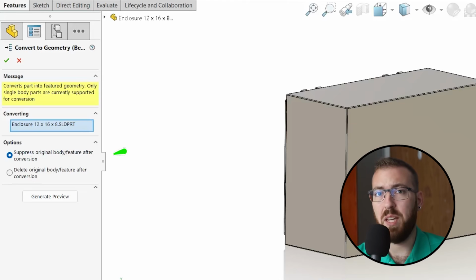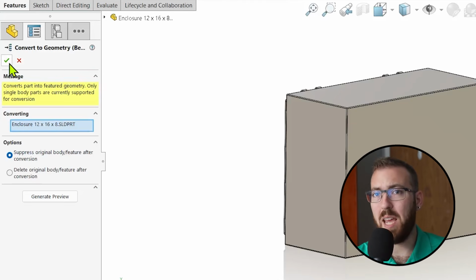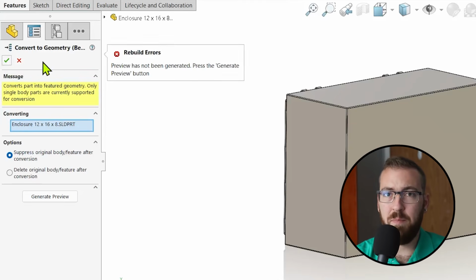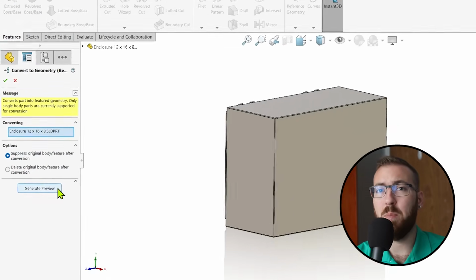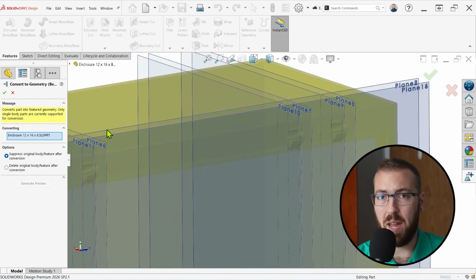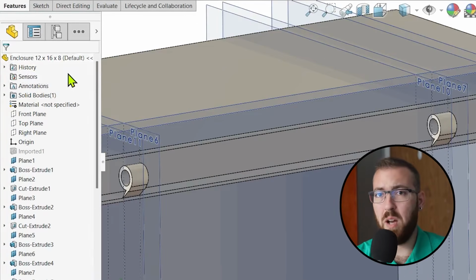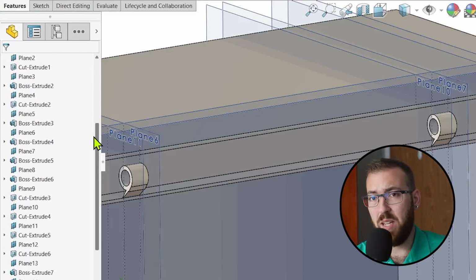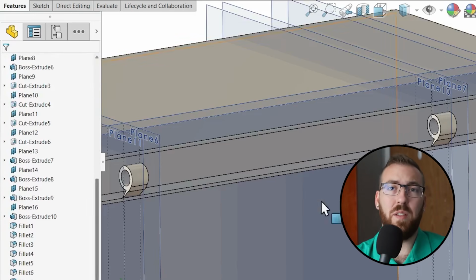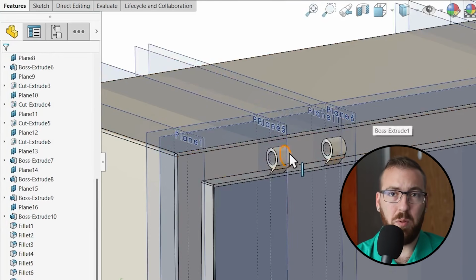Then, even though it seems like it would be optional, you have to click Generate Preview before clicking OK, otherwise you'll get an error. The preview then appears, showing you what you can expect the final result to look like, and from here you can click OK to complete the command. Now, as you can see, the result is a rather long list of extruded bosses, cuts, sketches, reference planes, and fillets, and I absolutely think this can be really useful as a starting point, especially for relatively simple designs, but